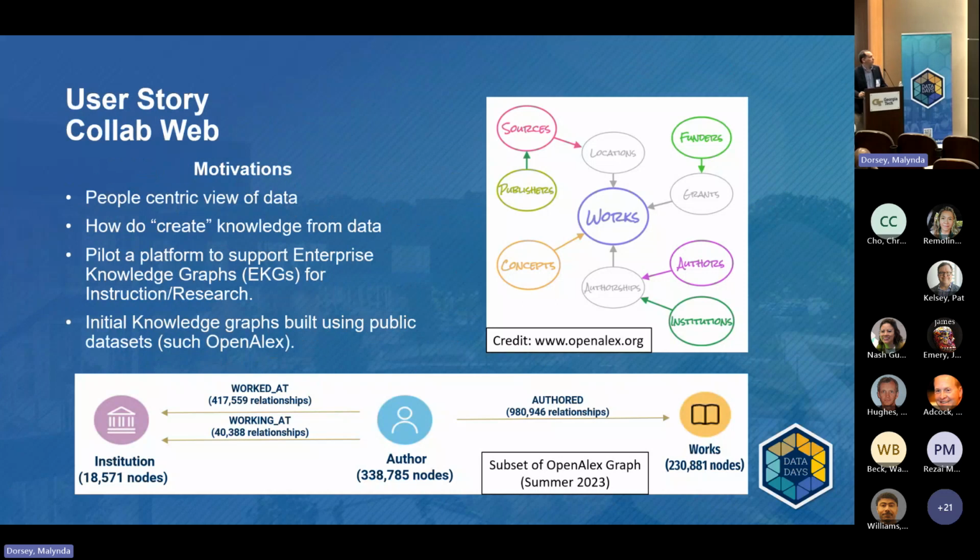So to start again, on the Cola Web, it's about starting to take a look at the research data and the research activity at Georgia Tech, but really focusing on the people that do the research, right? That people centricity. But it's also about not just focusing on the data and visualizing the data, but also focusing on generating knowledge. What does it mean to have knowledge about who does the research at Georgia Tech? So this is kind of how we challenge the student, and the student embark in exploring a concept called enterprise knowledge graph, EKG. And no, EKG can be a medical term, but in this case, it's really focused about knowledge